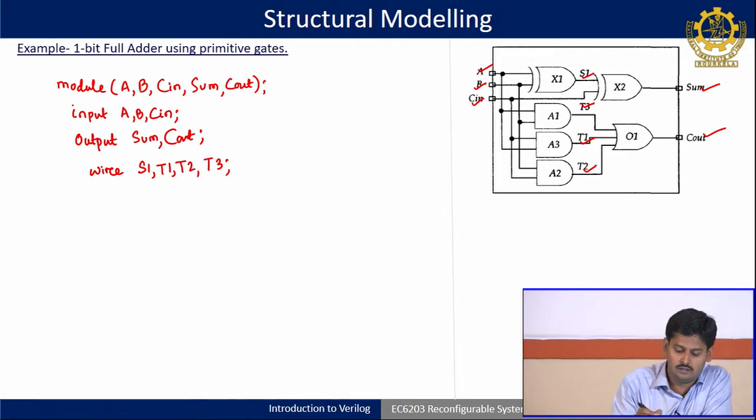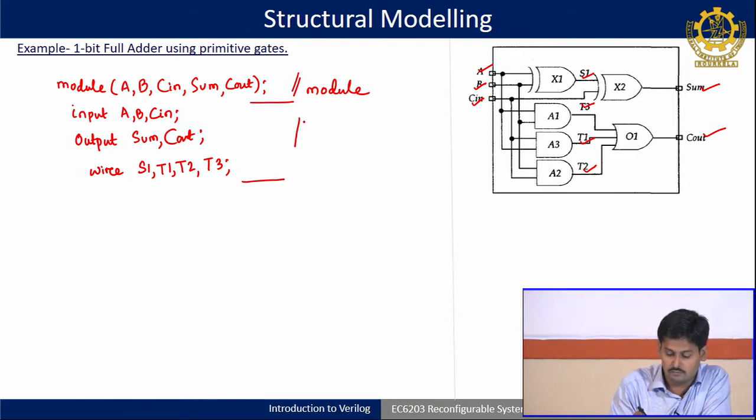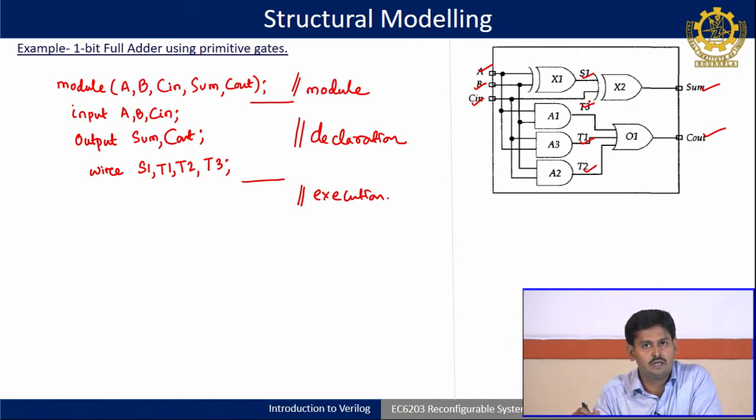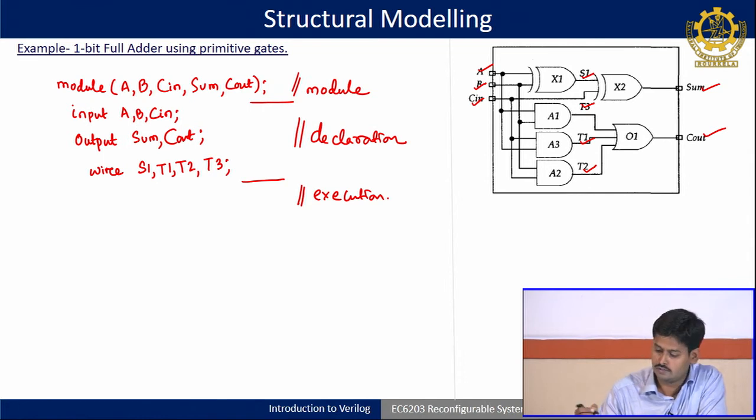Understood? So I can say my module part is this. Then this portion up to this, I am giving double slashes for comment. So this is my declaration part. Declaration part over. So after this I can write down the code for execution. Now execution code means, as it is a built-in primitive gate, I have to call each gate individually. Either you write 2 times or you call it separated by comma, that depends upon you. So let's say first start with XOR.